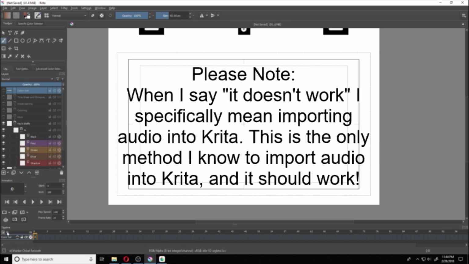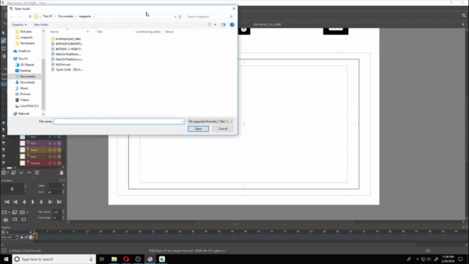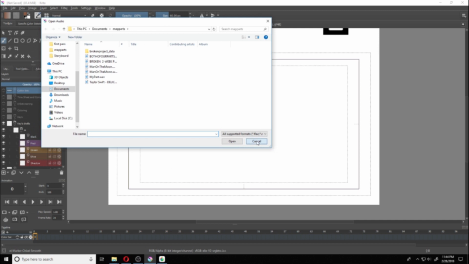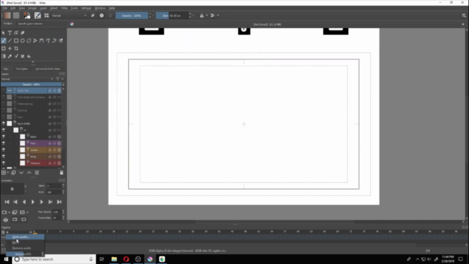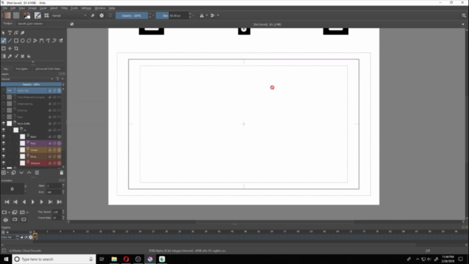and you will click this little speaker button for audio. Some people say it doesn't work, some people it does work. I use it and I haven't had any issues, but we'll see. And once you have it open, you'll want to click it and you'll want to click Open Audio. And I pre-cut just some audio that I've been listening to, and you can test to see if it did work